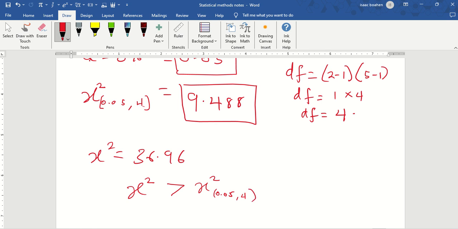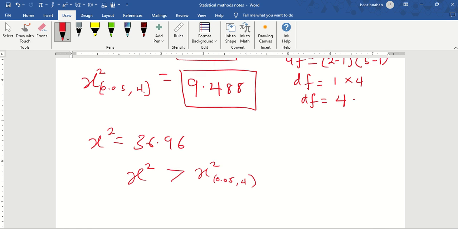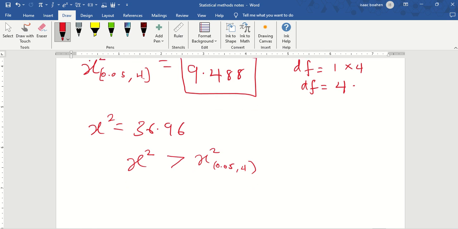The calculated one is greater than the critical value. Therefore, what will be the conclusion? Since the calculated one is greater than the critical point, it means that